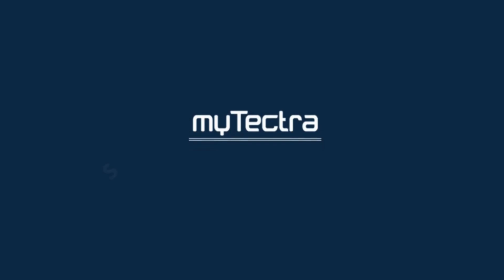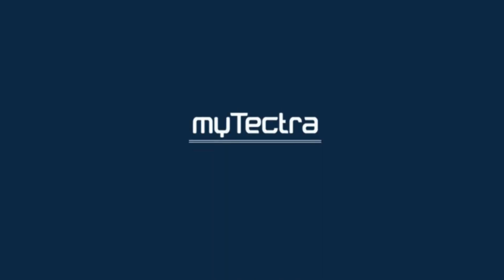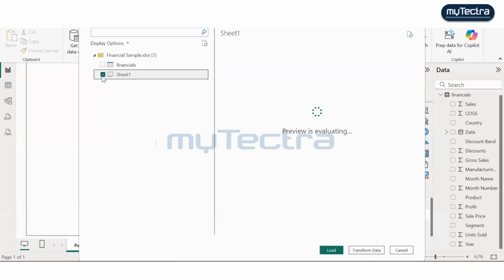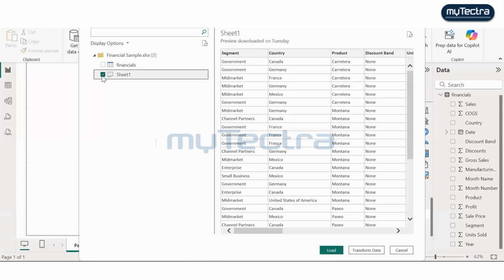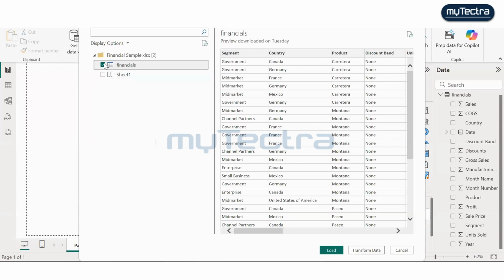Okay, now if you see in Power BI, I have my Sheet1, but usually it will also get from tables, if any tables are there, Power BI can extract the data from the table also. But in my case, I have only one sheet and in that sheet I have only one table. So I'm selecting the table itself, and if I click on load,